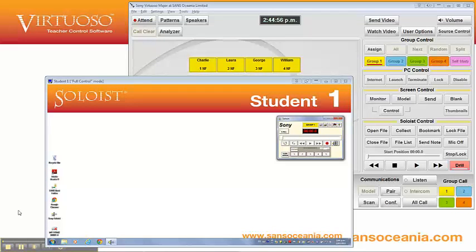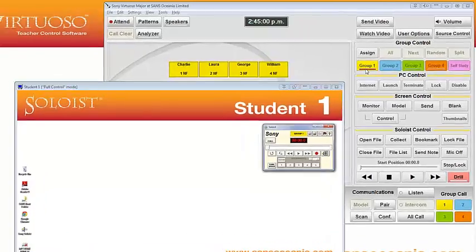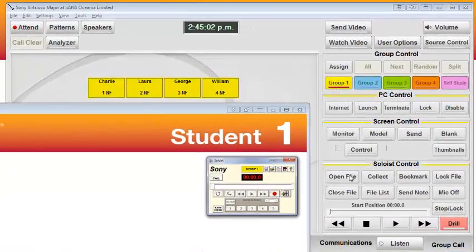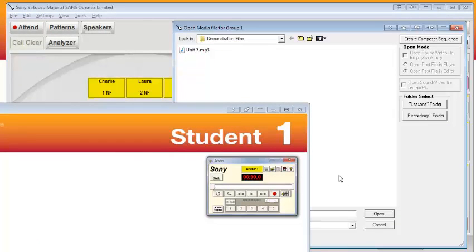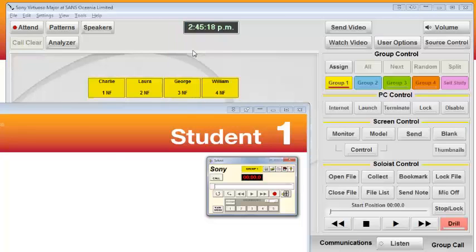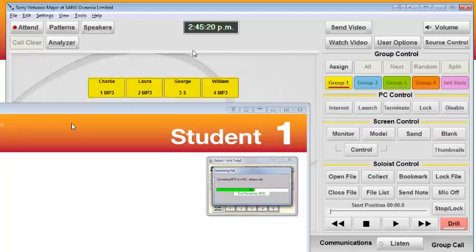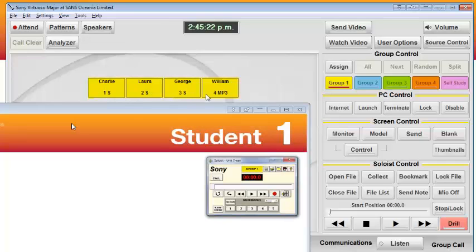So to begin with here, I'm working with group 1, and I'm going to open up a sound file for them. So I'm going to click on Open File, and I'm going to click on the Lessons folder, which takes me to wherever my digital content is stored on the network. I click on Demonstration Files, and Unit 7 MP3 is the file that I want to open, so I'll double click on that. You can see that the sound file has been copied to my student down here, and if I now click on Play at the teacher's console,